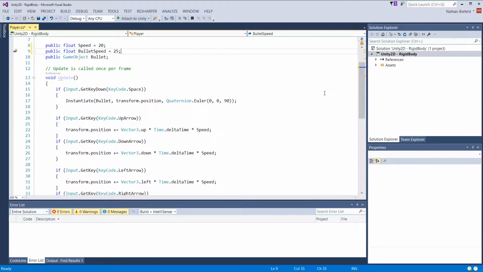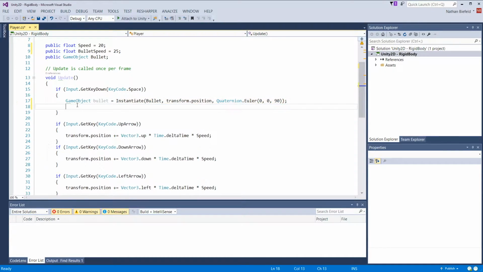So, whenever we press the space key, it instantiates a new bullet. In order to get a reference to that new bullet, instantiate returns a game object. Let's say lowercase bullet is equal to that. So we have a reference to the newly instantiated bullet. We need to set its velocity. So bullet.GetComponent